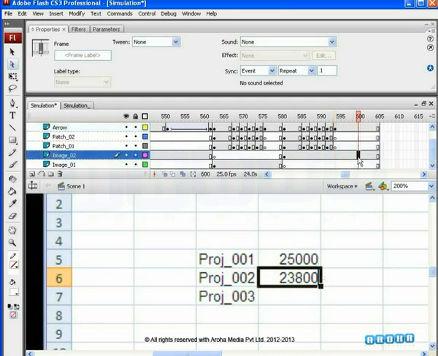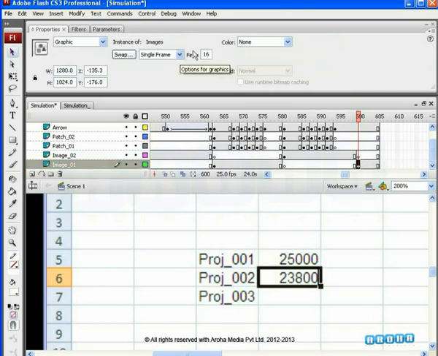For the next screenshot, drag the previous image frame from the image_02 layer and place it on the 600th frame of the image_01 layer. Right here, create a blank keyframe on the image_02 layer. On this new image keyframe, change its numbering to 17. And the next third amount appears exactly in front of the